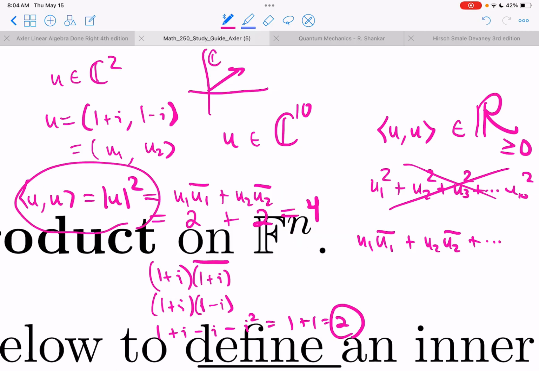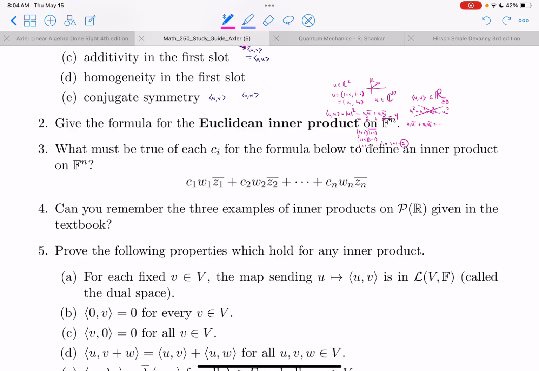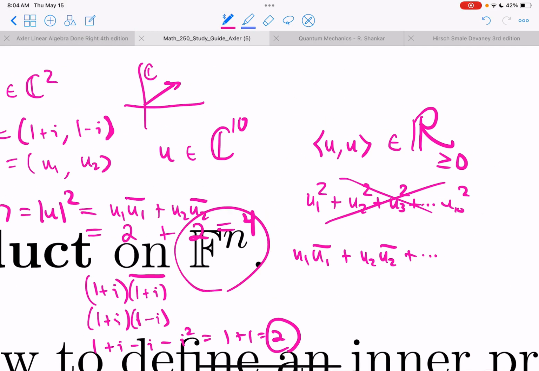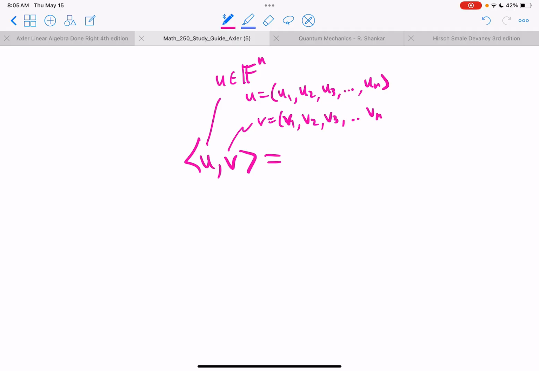So it allows us to think about the size of a vector in C2 or C10 or wherever, or any complex vector space with an inner product. So the formula for the Euclidean product on Fn is, we're going to take u and v. u is in Fn, so u is a vector with components u1 up to un. And then v is a vector also in Fn with components v1, v2, v3. Careful, these are not basis vectors. These are the components of our vector, even though sometimes we call a basis v1, v2, v3. These are actually just numbers in the field. Okay. And what we're going to do is u1 v1 bar plus u2 v2 bar